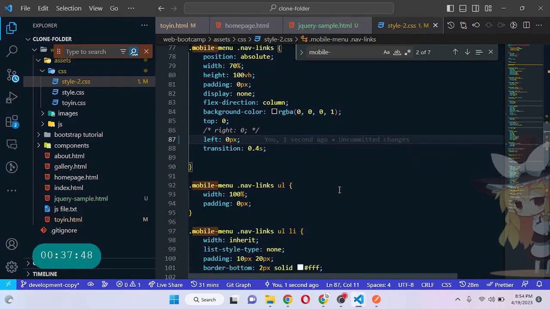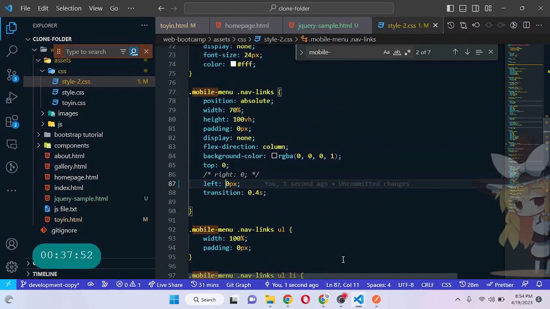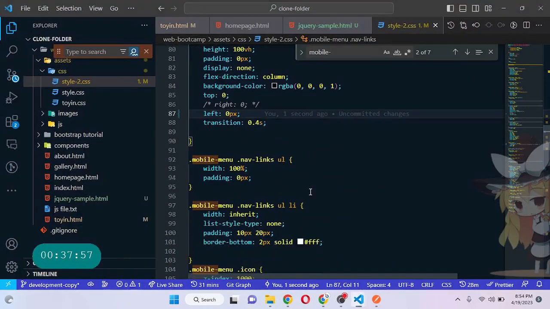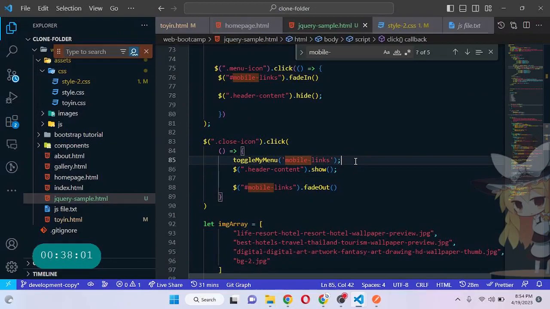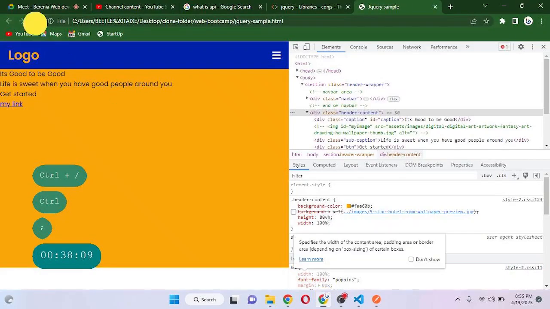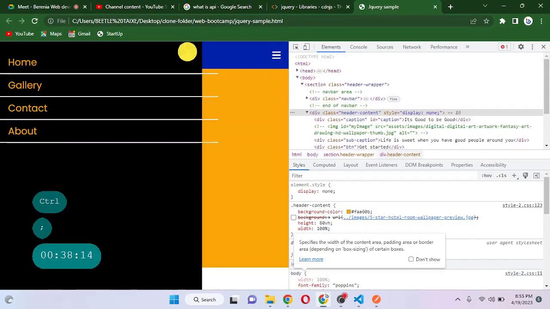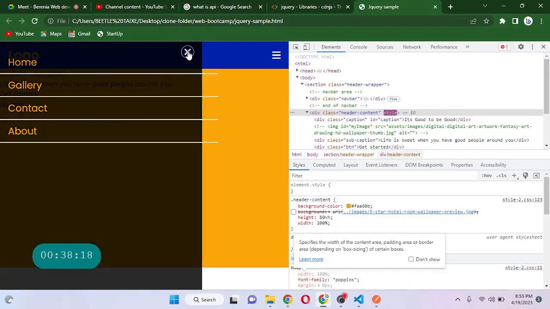Okay. Let's go back to our CSS. We have some CSS property that is affecting it. Alright, I think I've gotten it. What is affecting that fade in and fade out is that we are still using toggle menu here. We don't need this again. Okay, I think this is all we need. Fade in. Click this to fade out. Can you see that? Fade in,